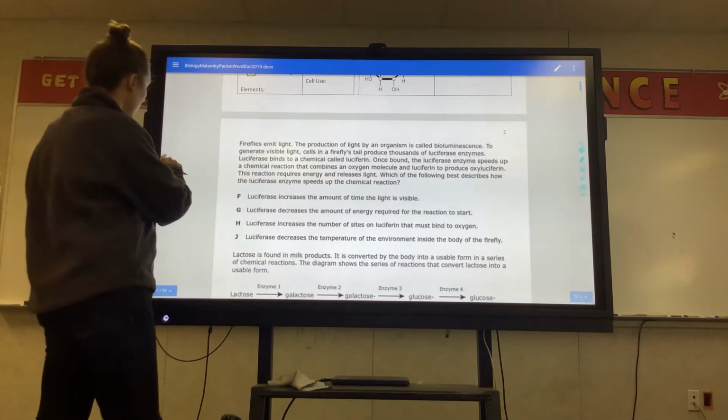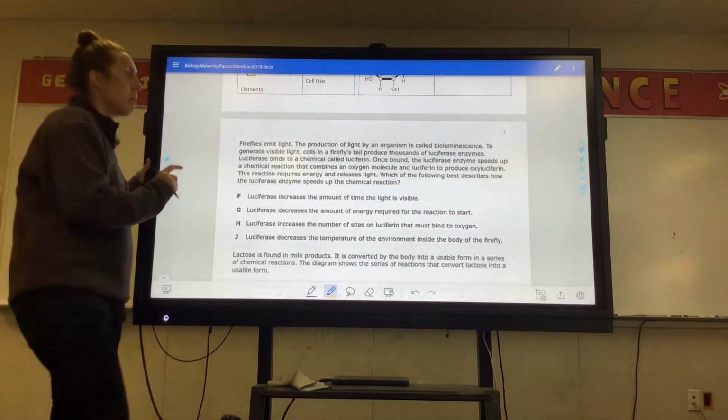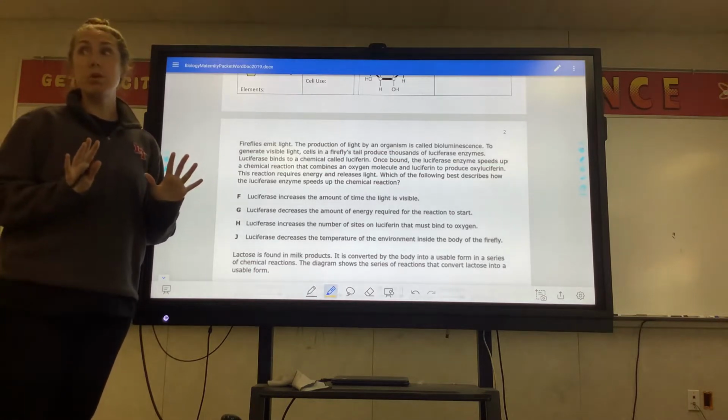First question. I kind of have to draw it so I understand what's going on. But here is an enzyme question. They are not breaking, they're building. Okay, so